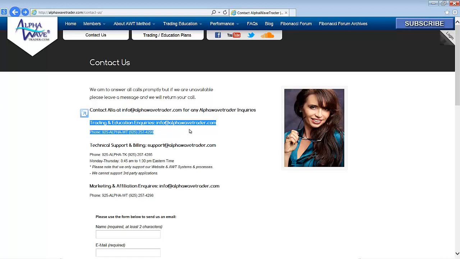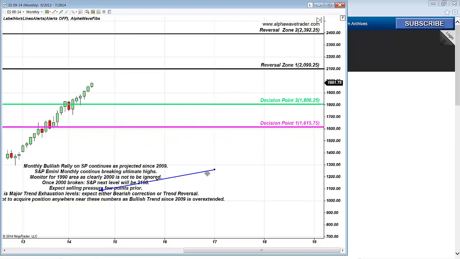Life is a stage. We are here to play by the rules. Everything is preset in the price far in advance. And if you knew the Alphawave Trader method on S&P, you had been long since 2009. The bullish trend is way overextended. Historical highs are being broken. The next level is 2000 and all the way to 2100, spelled out by the price since 2009. That's when it's going to get very exciting. This market will not go on forever. And we are not far off from very, very powerful, complete exhaustion levels.